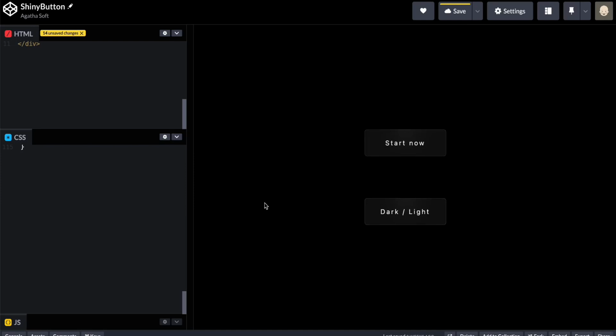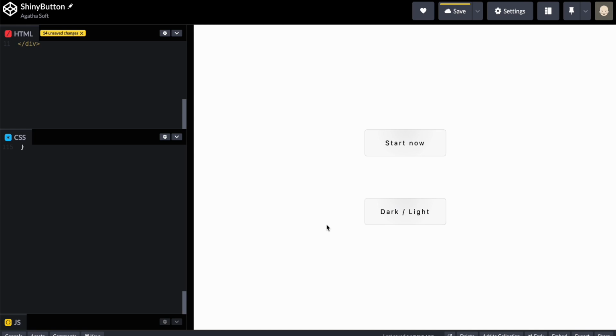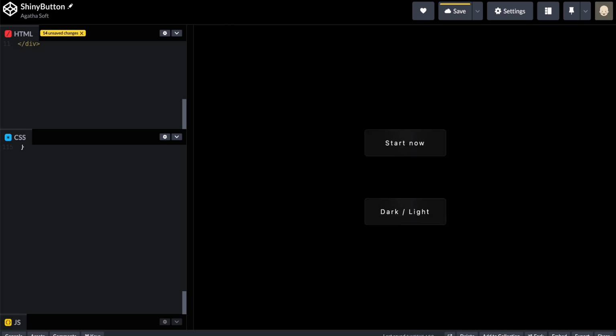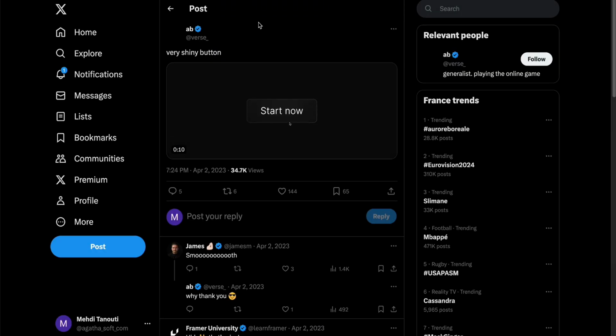Hi everyone, in this video we will see how we can achieve this animation that features a beam of light sliding across the border of a button. We will also see how we can make this work on a dark and light theme, as you can see here. This animation was first seen on a Twitter account called verse_,